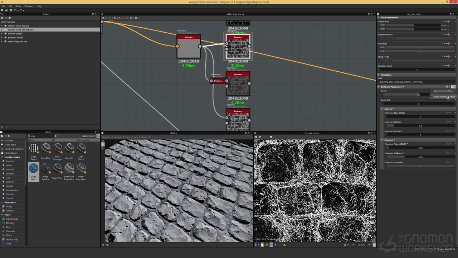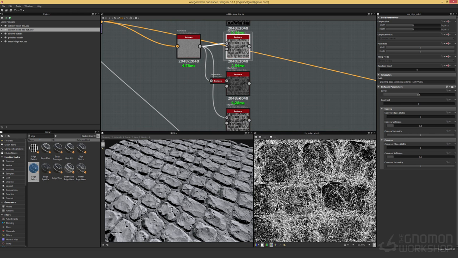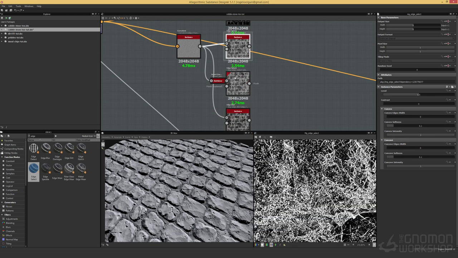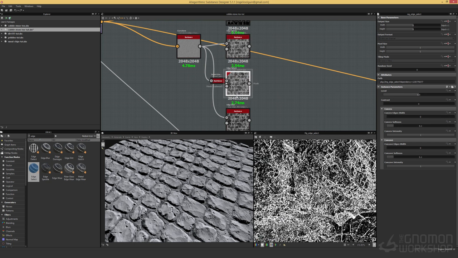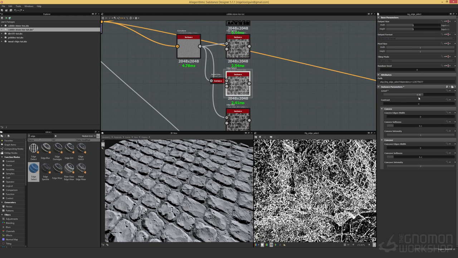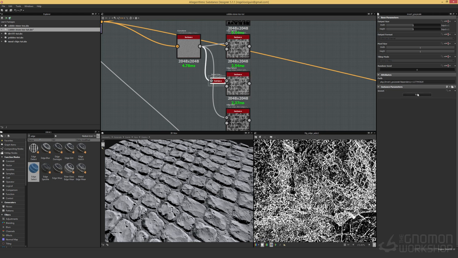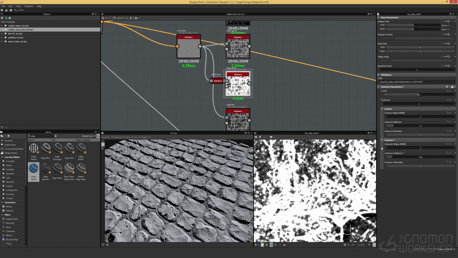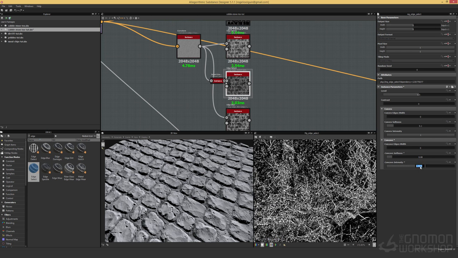So I'm just going to set everything to default, and put convex intensity to 0.5, put this at 0.5,